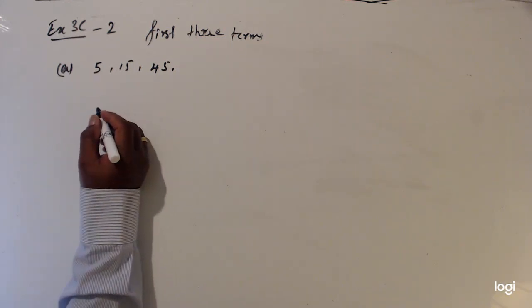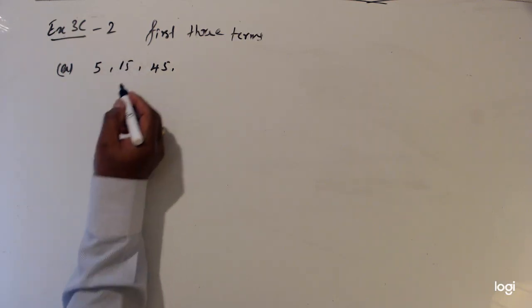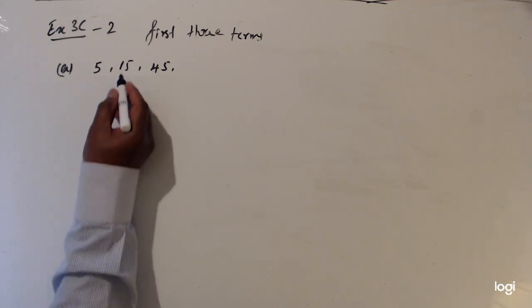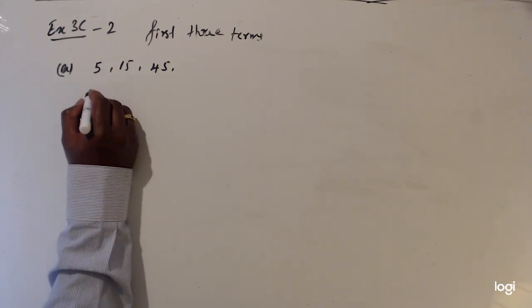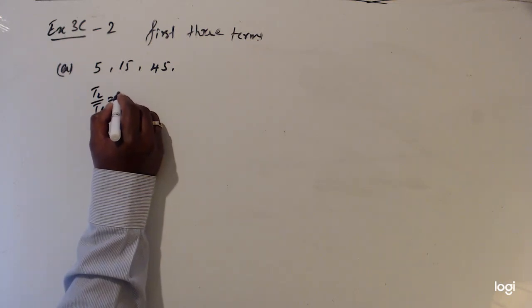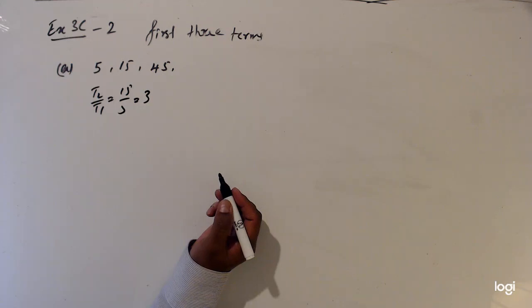For that, if we know the ratio, we can simply multiply. So the ratio is T2 over T1, which is 15 over 5, equal to 3. So the ratio is 3. Then the next term is